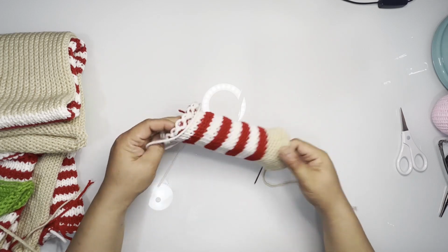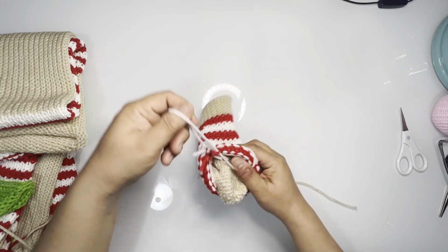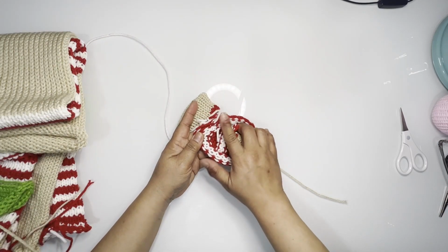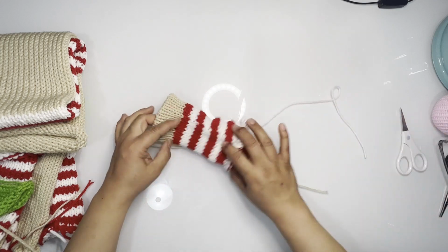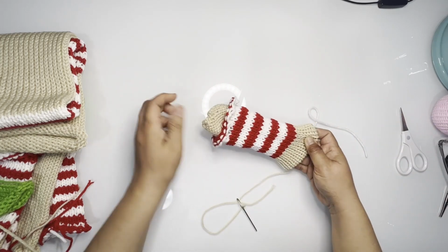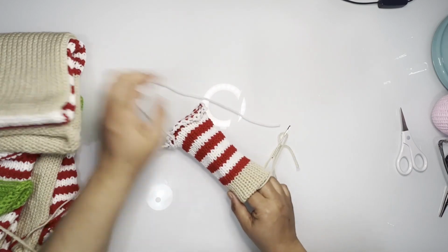Okay, and just make sure that before you do all this stuff, that you have tied up all the ends of your joining yarn, where you joined all your yarn colors. Make sure that you tied them and trimmed them before you do all of this. Okay, sorry about that. Okay, so when you see that you're close to being even on each end,